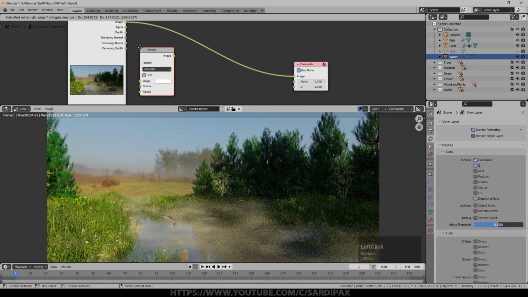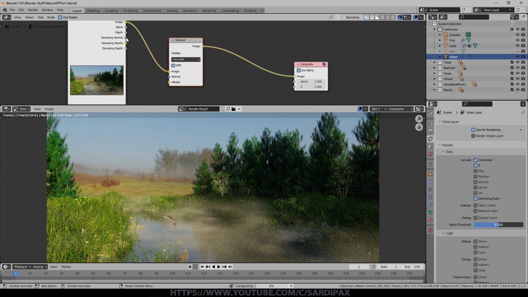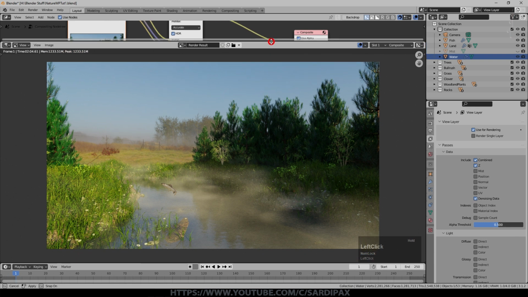So we'll click denoise, drop that in there, but we'll also take in denoising normal and denoising albedo. And then we'll give that a moment. It's processing down there and we'll see what that looks like. Obviously you may still need to turn up the level of samples in order to achieve an acceptable scene, but clearly it will take longer to render if you do that. And there it is. And that looks pretty good for 64 samples and a couple of minutes render time.